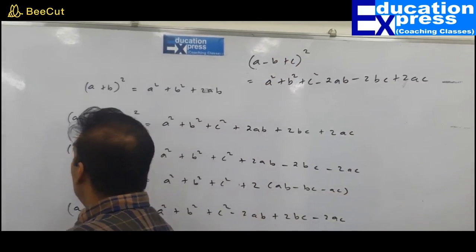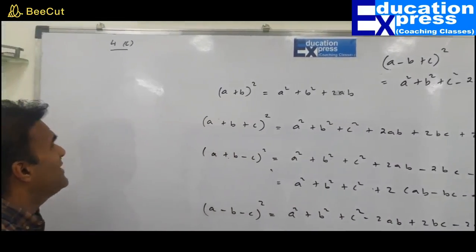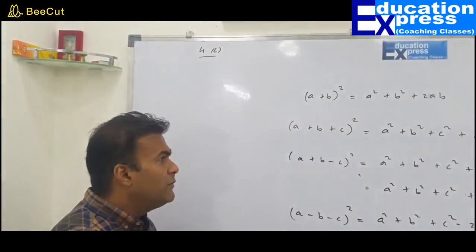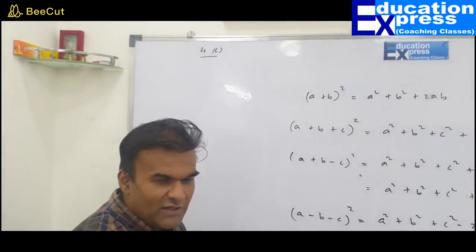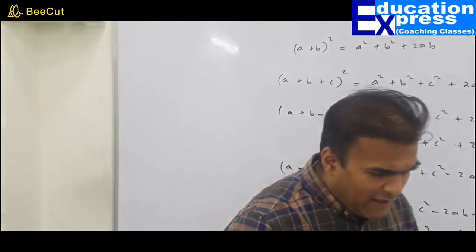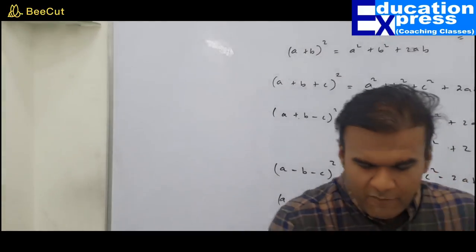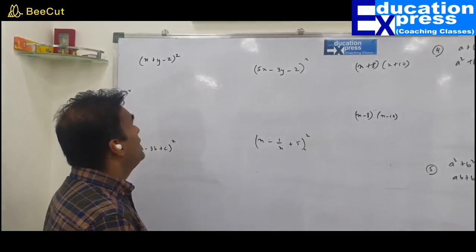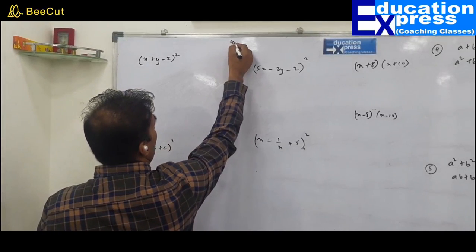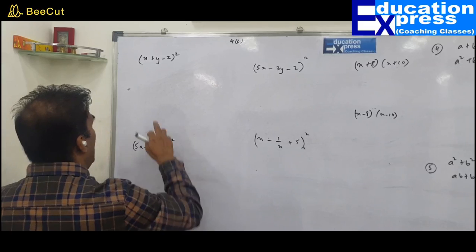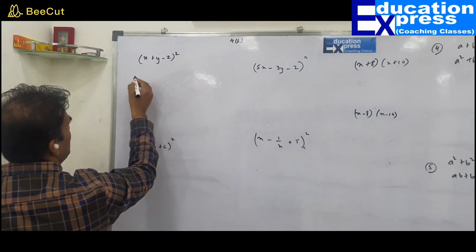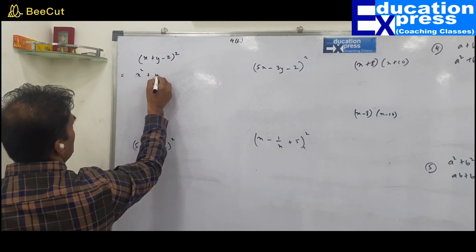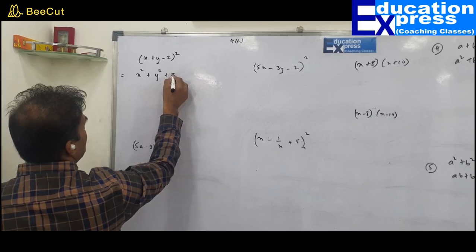This is how we are going to go about for our next exercise, which is 4C. I hope the formula for the purpose of solving the questions for 4C is very much clear. So let's move on to the question 4C. Here we go. Exercise 4C. X plus y minus z the whole square can be written as x square plus y square plus